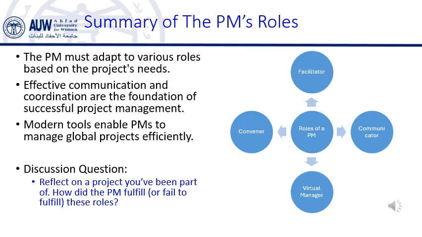Example: for instance, in a construction project, the PM needs to communicate regularly with contractors, suppliers, and clients about progress, timelines, and any potential problems. If there's a delay in receiving materials, the PM must inform the client and discuss how it will affect the schedule. Earlier, we discussed the importance of clear communication and stakeholder management. As a communicator, the PM plays a key role in maintaining transparency and trust throughout the project.